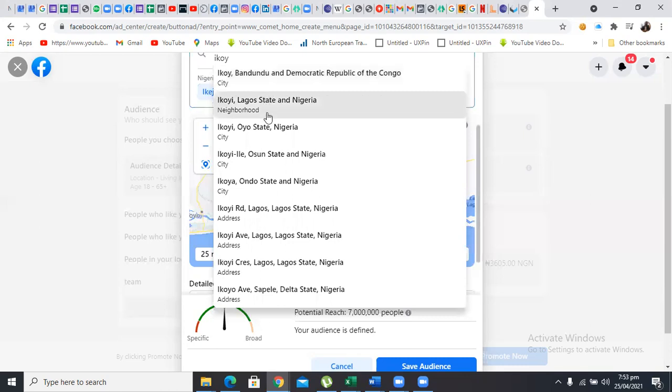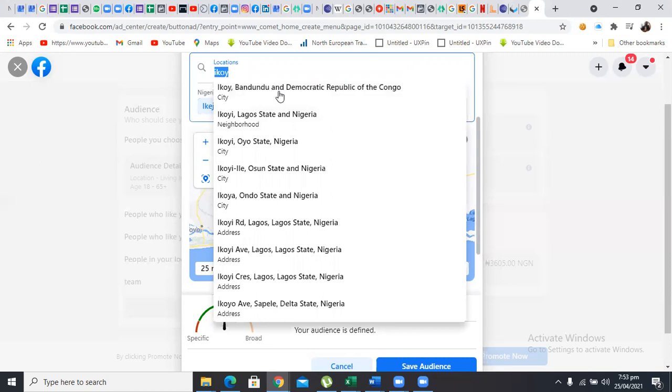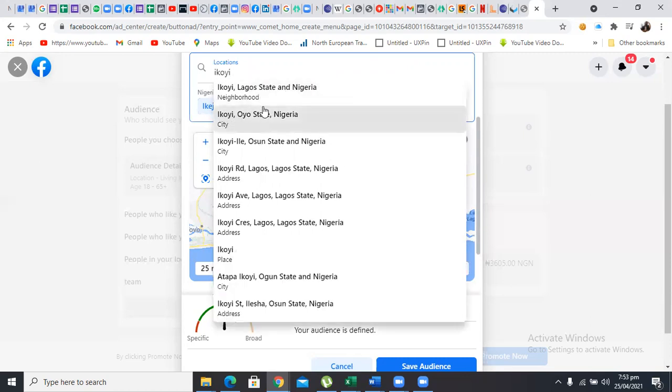If you look at this, there are a lot of other places called Ikoyi. Okay, sorry, I need to put an I. So Ikoyi is a neighborhood in Lagos State. Ikoyi is also a city in Oyo State.